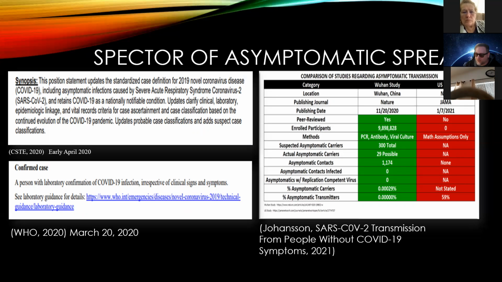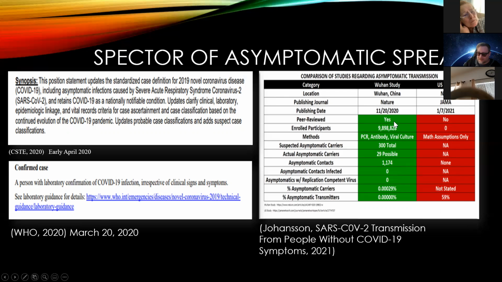But they didn't peer review it. They said, no, thank you, other scientists, do not review our work. We don't need you to review our work. We're right, just trust us, trust our science. They had no participants. They had math assumptions only. They scribbled some models down on some paper, and they came up with 60% of these healthy individuals are spreading asymptomatic. And then you boost that, all you need is the PCR test with the high cycle threshold. So that's backing these guys up. That's not science. That cannot be construed as science at all.